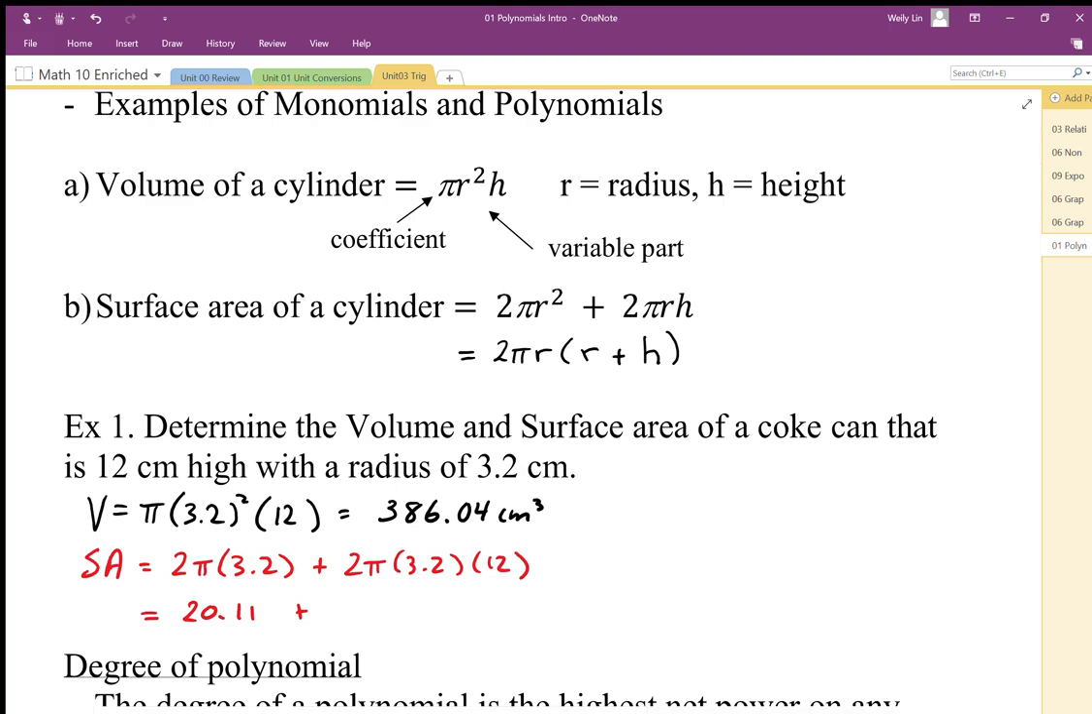Oh, sorry, this is 2 pi r squared. I just need to do that again. 2 times pi times 3.2 squared. So make sure you square the 3.2 first. And I end up with 64.339. So I'm going to round that to 64.34 centimeters squared plus